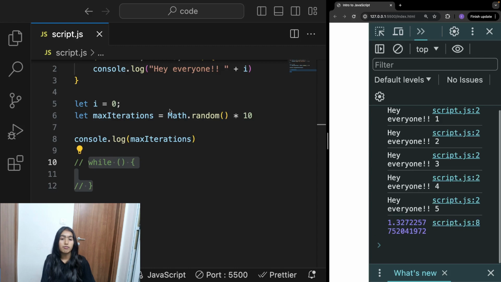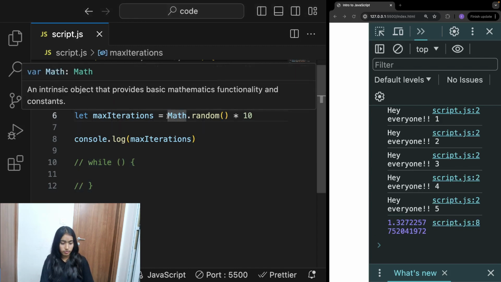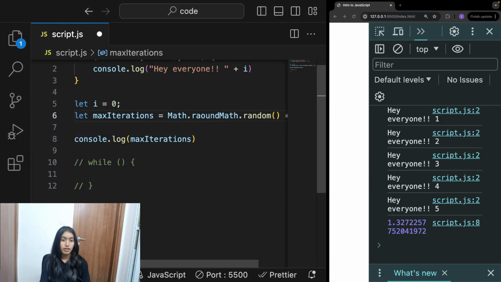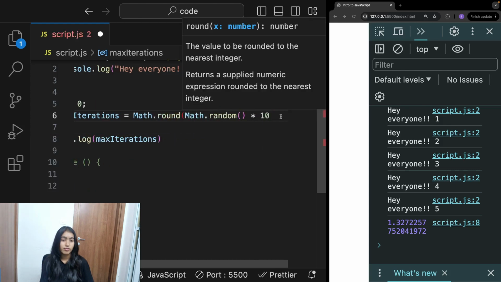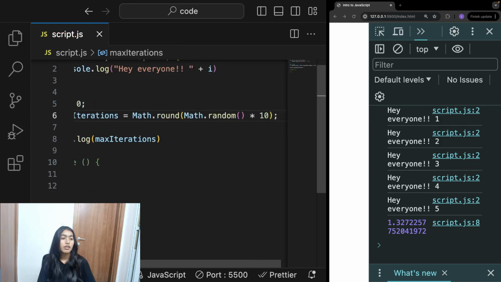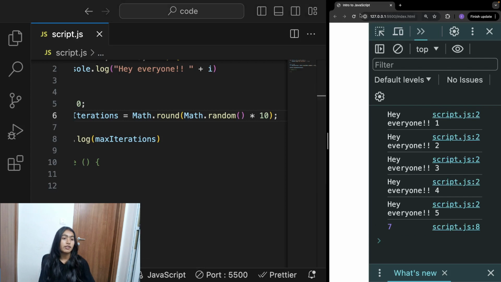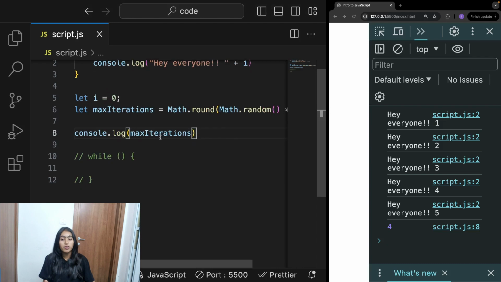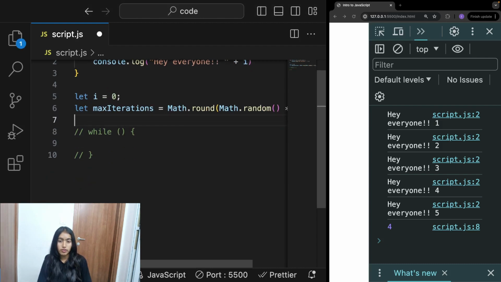But since it's a decimal value, you have to use Math.round. If I wrap it around this, you'll see a random number being generated from 0 to 10. That's what the Math.random function does. We're not talking about the Math object for now. We're doing the while loop, so let's continue doing that.